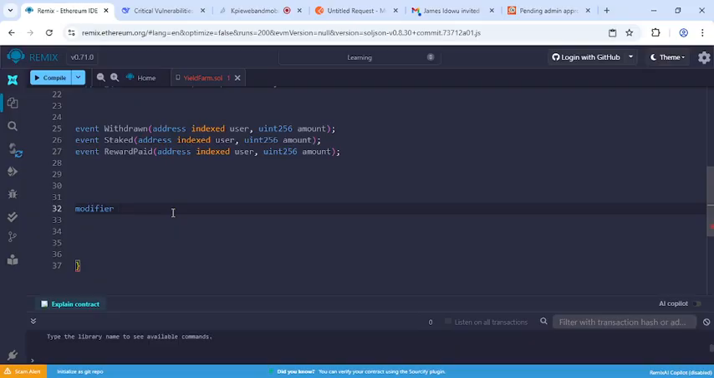Then, if the user calls the withdraw function, I'm going to also update the reward that he has already. So I'll call this modifier update reward. This is going to have